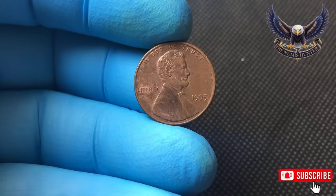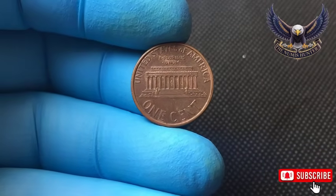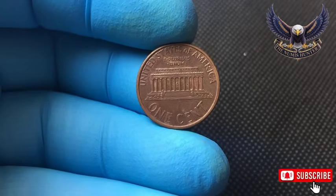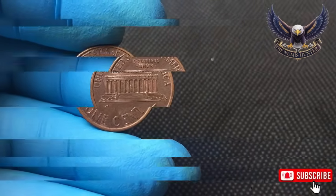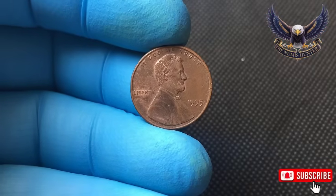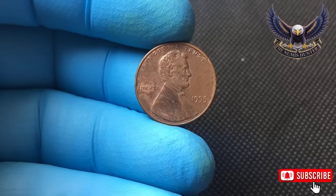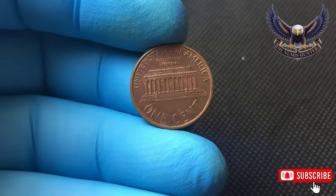Now, let's talk about condition, because as always, preservation is the factor that separates a fascinating curiosity from a record-shattering sale. This particular 1995 specimen reportedly achieved an outstanding MS-69 grade when submitted to NGC for official certification, an exceptional level of preservation for any Lincoln cent from this era, especially one carrying such a dramatic and technically unexpected error